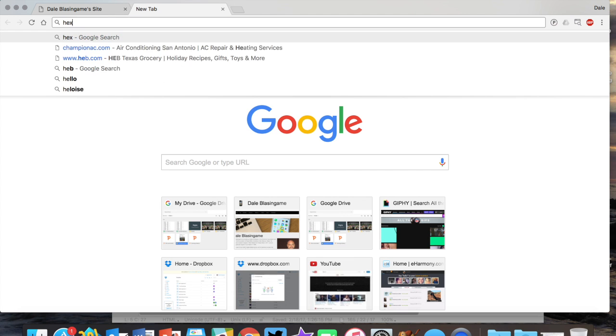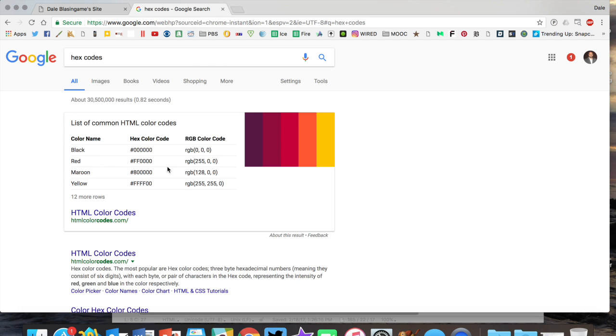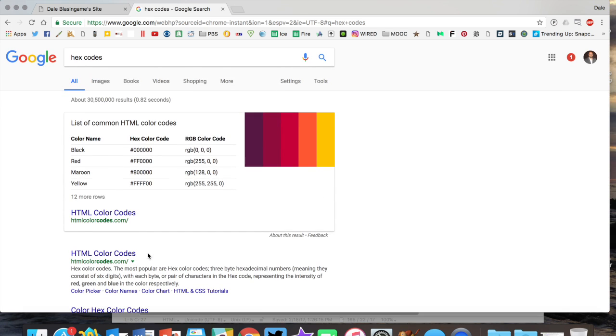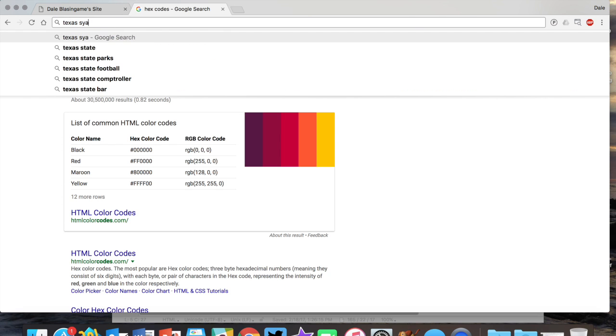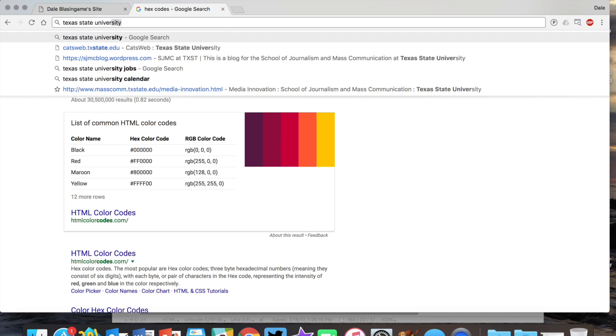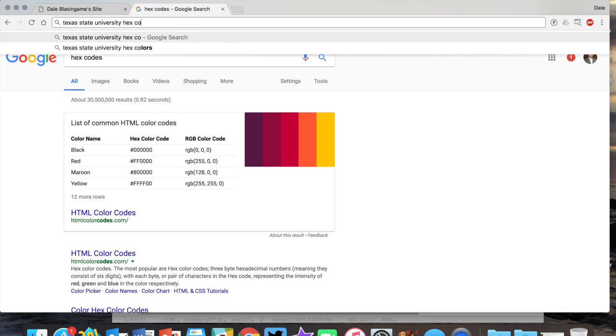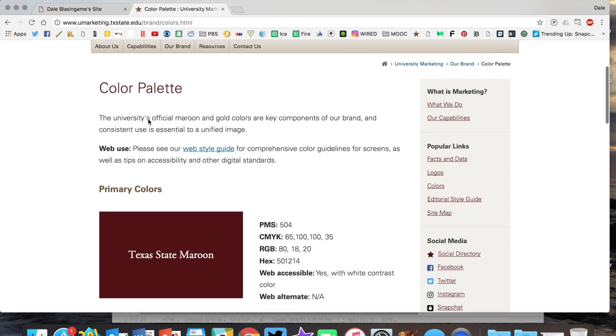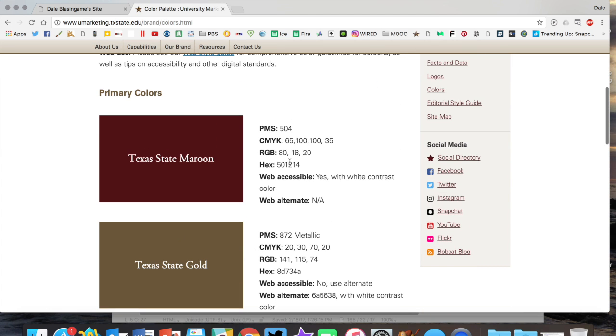But you can search for hex codes all over the web. So you see here, there are all kinds of resources to find exact hex colors. We even can go to the Texas State University page and look up the hex colors for our university. So if you click right here to University Marketing and scroll down, you can see our maroon, the hex color is